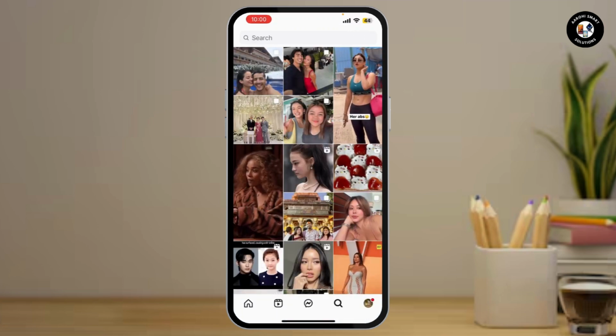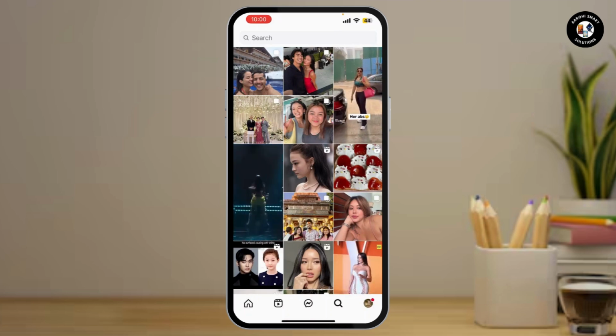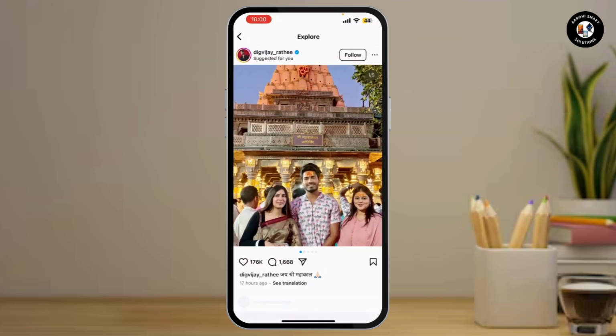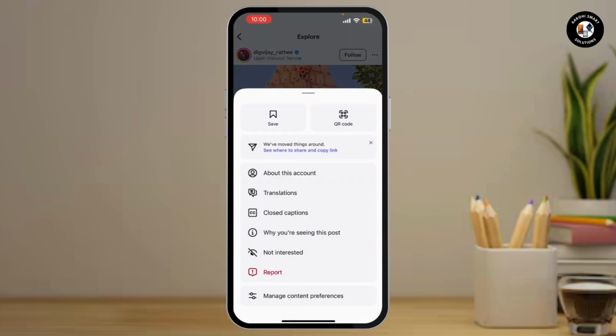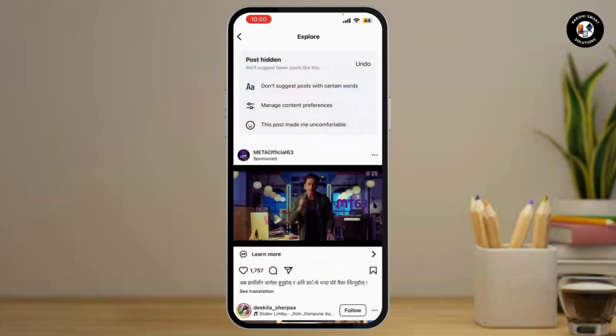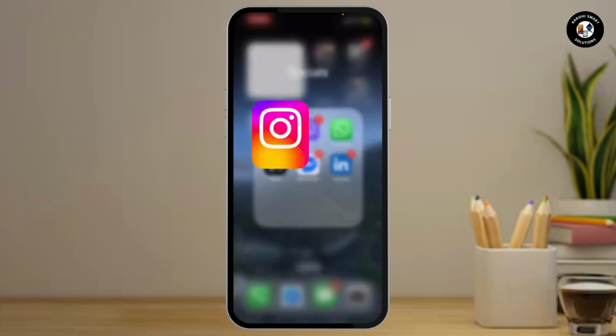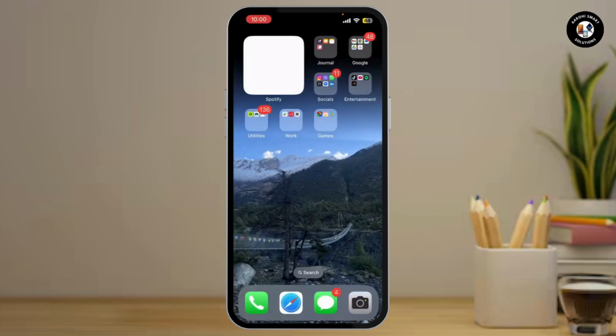And if you find the content that is not appropriate to you, like let's say this is the content that we don't want, tap on the three dots and simply click on not interested. You can also choose to see fewer posts like this. And that's it. That's how you can simply change and customize the Instagram Explore feed to see more of